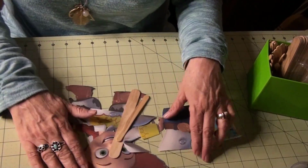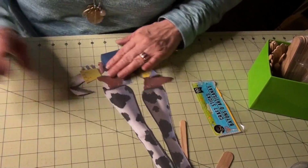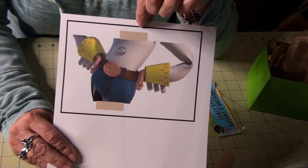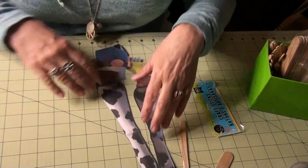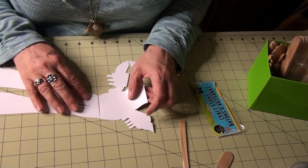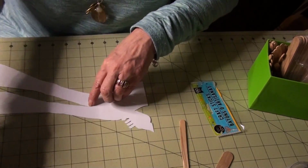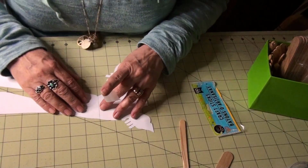So the first thing I'm going to do, and it's going to be a little harder because I cut these out before I had started doing it my new way. Remember I showed you that from now on I'm going to add the little tabs to part of it so it's easier to glue together after it's cut apart. Well, this middle section doesn't have any little tabs, so I'm just going to have to match her up as best I can and just use some regular Scotch tape,